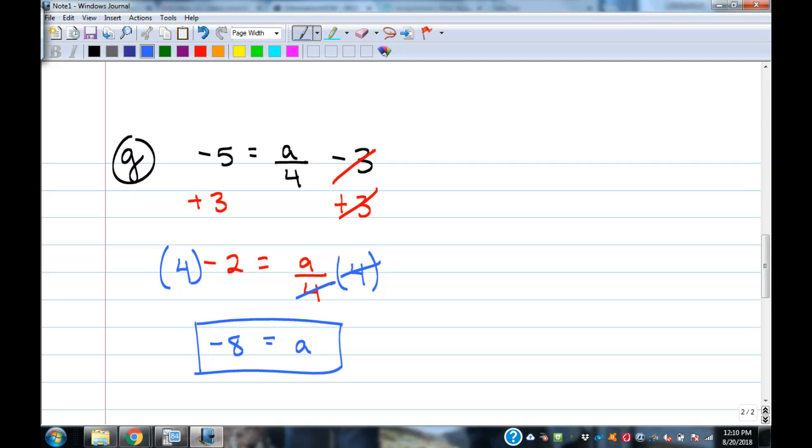Real easy to read and see what you did, and showing that work real clean and neat like that. Sure saves us a lot of headaches. All right, let's do